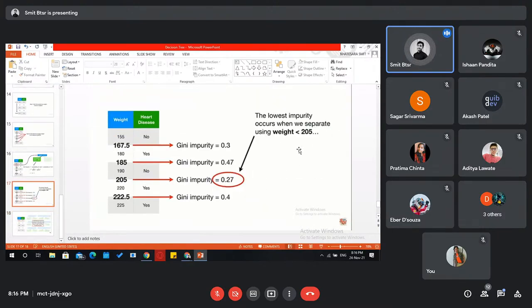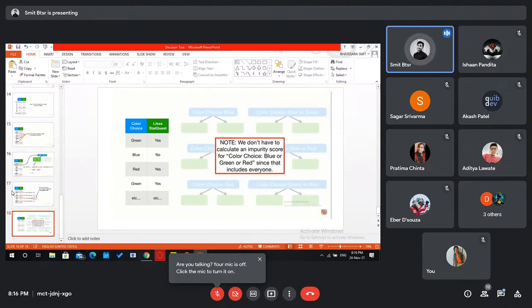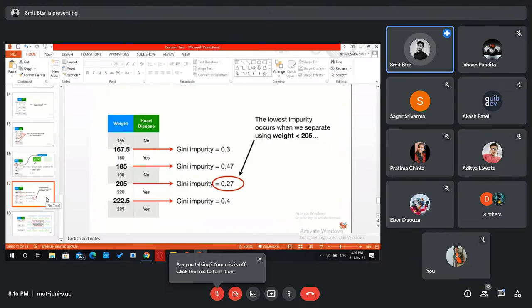So it would be like first ask: is the weight less than 205 or not? If it is more, then there are high chances. If it is less, then there are fewer chances. So we will ask the next questions accordingly. Similarly, we can draw decision trees on numerical data, and the further process is the same as above: finding impurity, selecting one, then finding impurity for the rest of them, and again finding the least impure or most pure. So we can draw a decision tree like that and then use it.